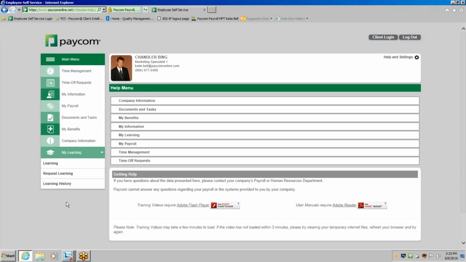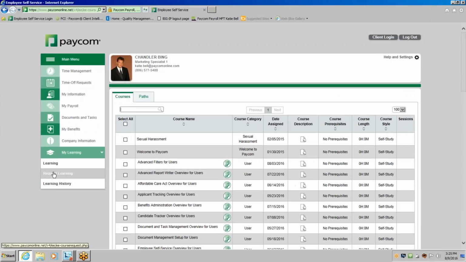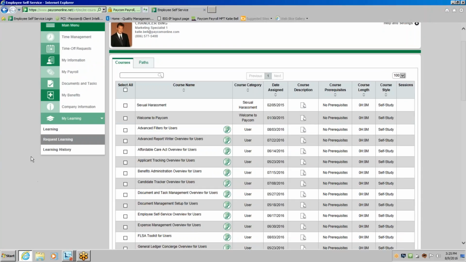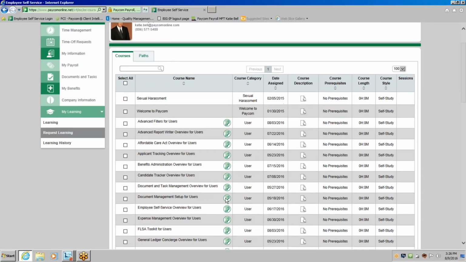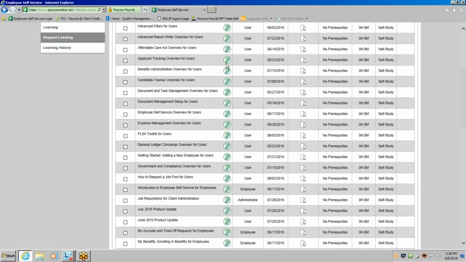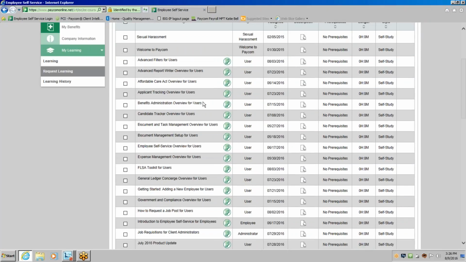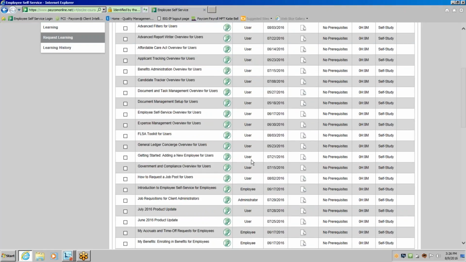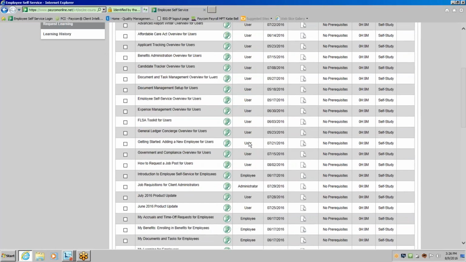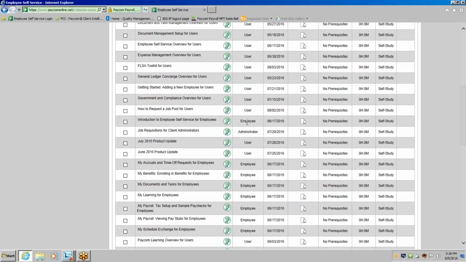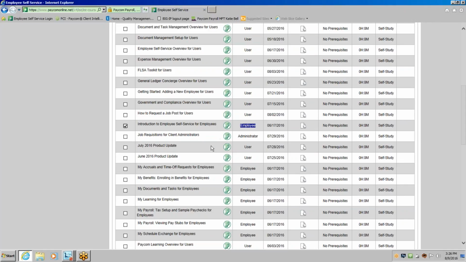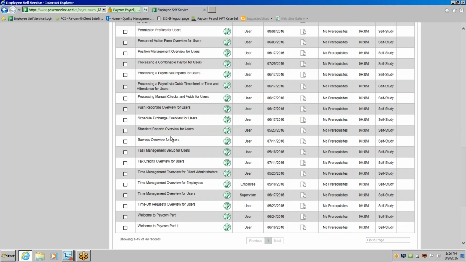You will also have what we call My Learning, so that's within Paycom University. You have the ability to request these different courses. So if you do request learning, it brings you to a section that has all of these courses that are highlighted with this P symbol. And this is designed to give you access to courses that you have the ability to see within the system. So employees are only going to have these courses that are marked as employee. You have the ability to enroll in these different courses